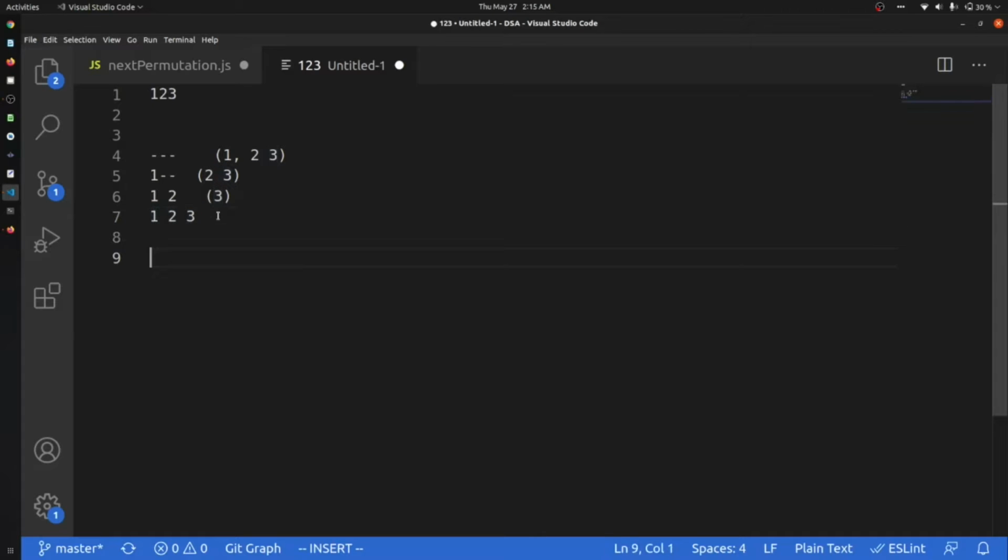In a similar way, if we do 1, 2, 3, 4, then firstly I will put 1, and at that time I will have 2, 3, 4. Then I will put 1, 2, and I will have 3, 4, and then I will put 1, 2, 3, and then 4.